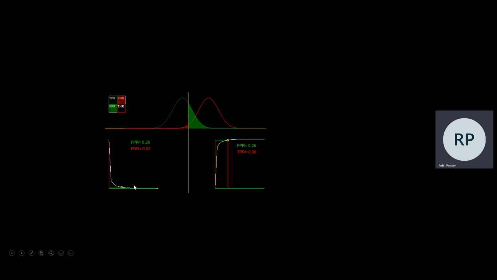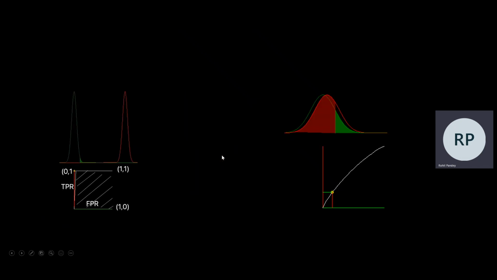you trace out these two curves, right? The curve on the bottom left is the error rate curve, and the curve on the bottom right, where you plot the false positive rate with the true positive rate, so everything to the right of the yellow line, this is actually called the receiver operating characteristics curve, or the ROC curve. And the area under this curve is the famous AU-ROC metric. So let's see what some extremes are for this metric. When the two distributions are very well separated, then the ROC curve ends up looking like a square. And then the area under this curve becomes 1 because it's a unit square.